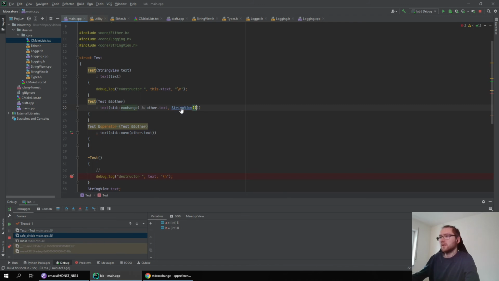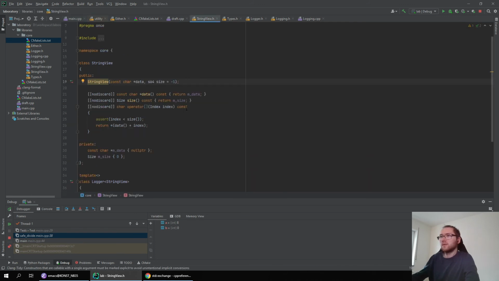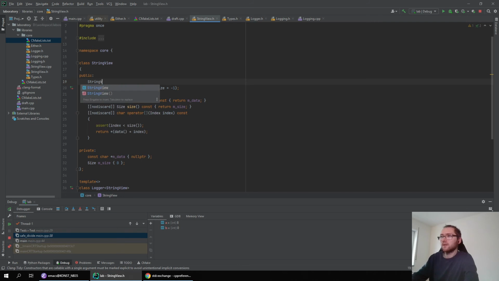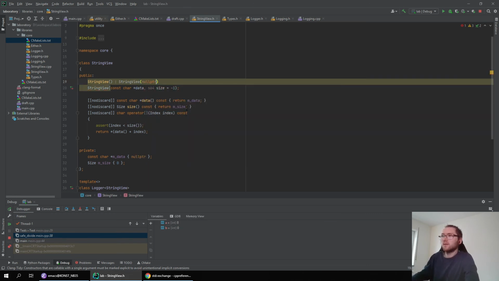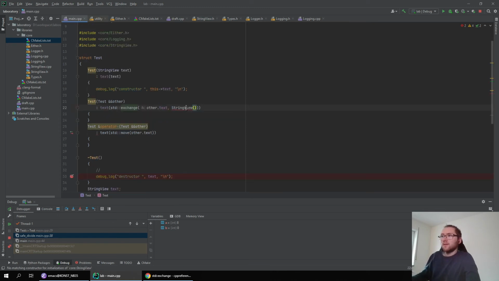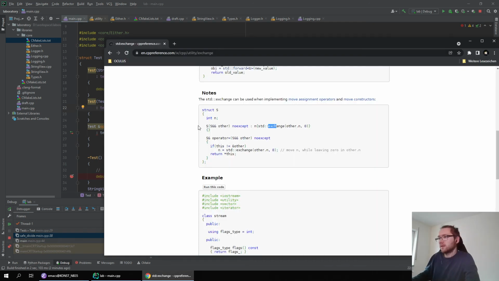Don't I have an empty string view? Let's add an empty constructor. And this one just uses the string view with a null pointer. Okay. So, and then I think I can just, how is it done there? So, if this,